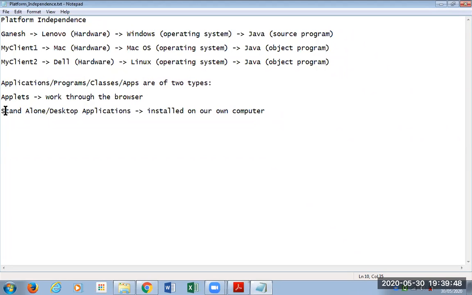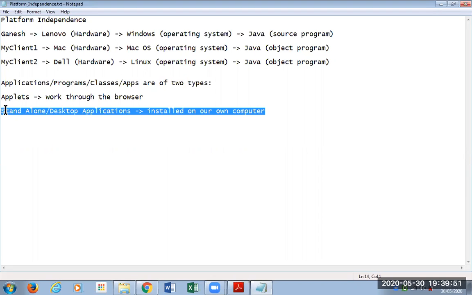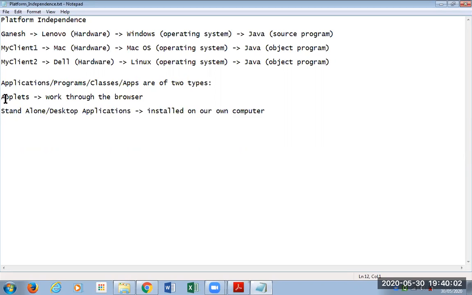So the kind of programs that you did for homework were basically standalone applications. And that is what you will be learning in your 9th standard syllabus. Even in 10th standard, you have standalone applications only. In your ICSE 9th and 10th standard syllabus, you don't have applets. But at a later stage of our course, I wouldn't mind making an applet and demonstrating it to you.